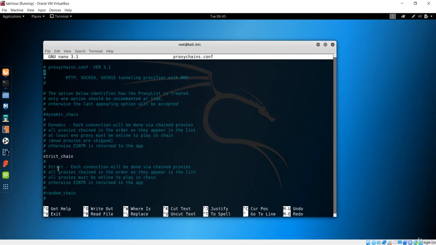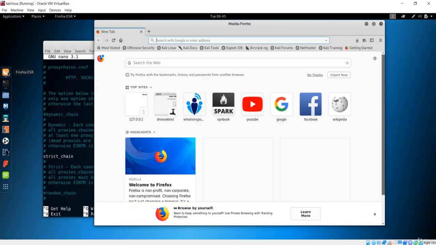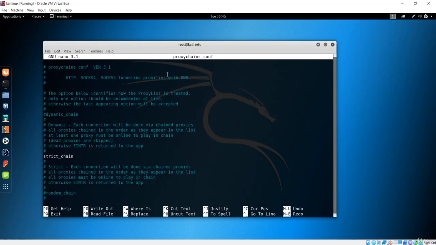First of all, you can see that we have this bunch of tunneling proxies here. We have seen something like this in the case of Firefox 2. There were proxies named HTTP, SOCKS 4, SOCKS 5. Basically these are the connection proxy servers, and they support the tunneling procedure. That means you will get a different IP address with each of these tunneling proxifiers or proxy servers. Just remember that each has its own benefit, and the faster one over here is SOCKS 5, which we will be using in this lecture.